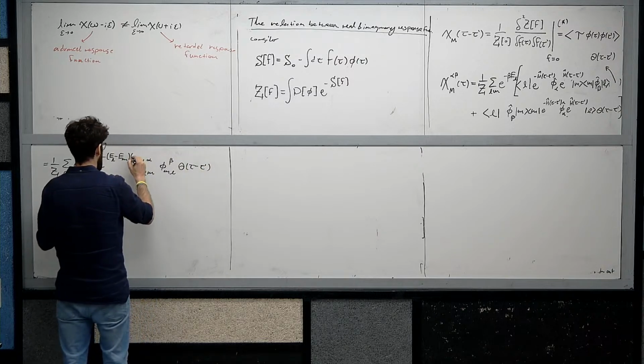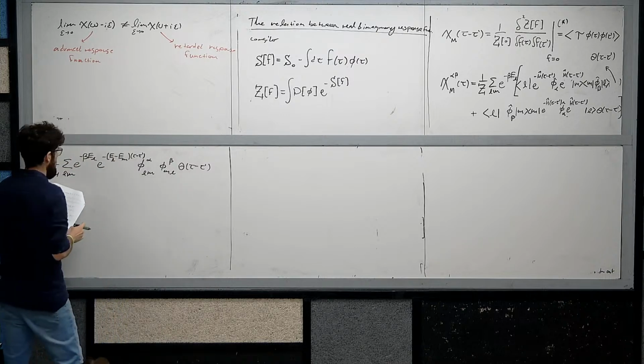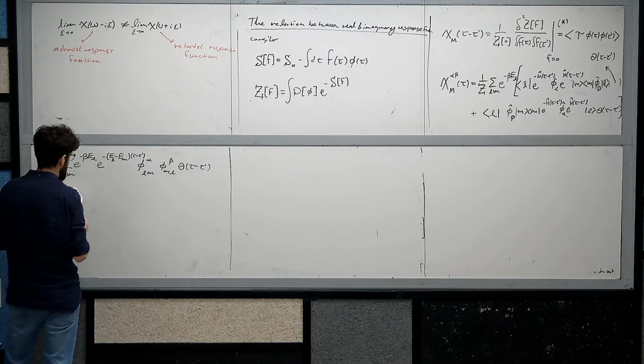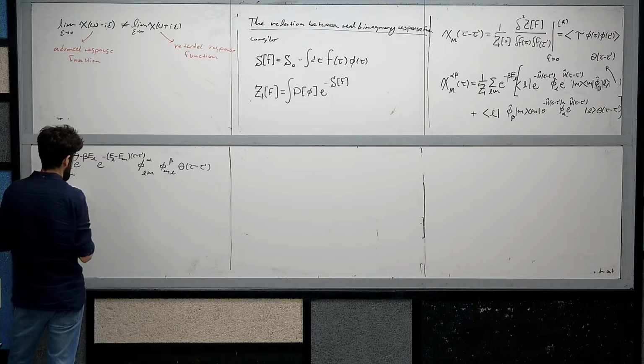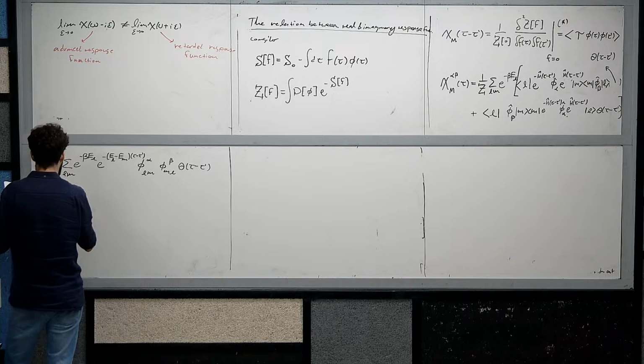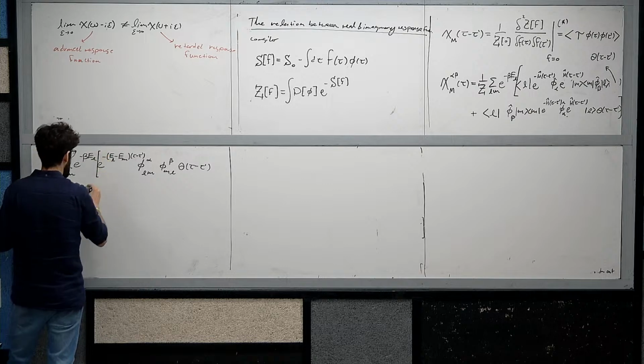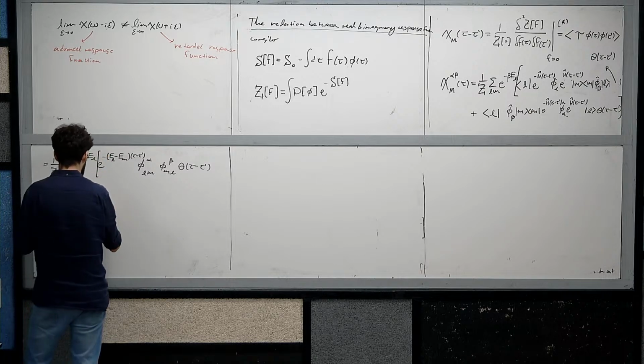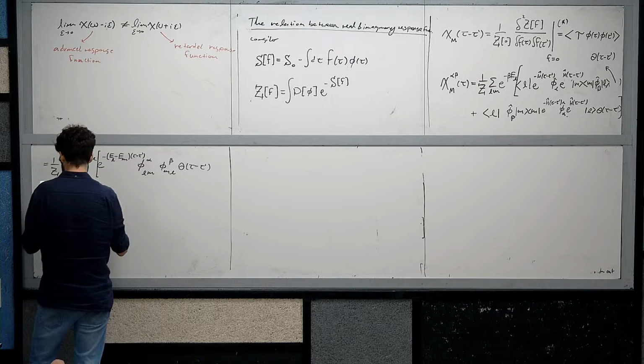This is again tau minus tau prime. And then I have plus,